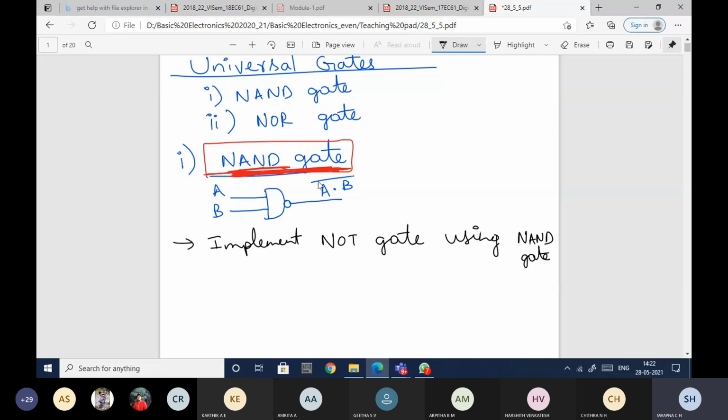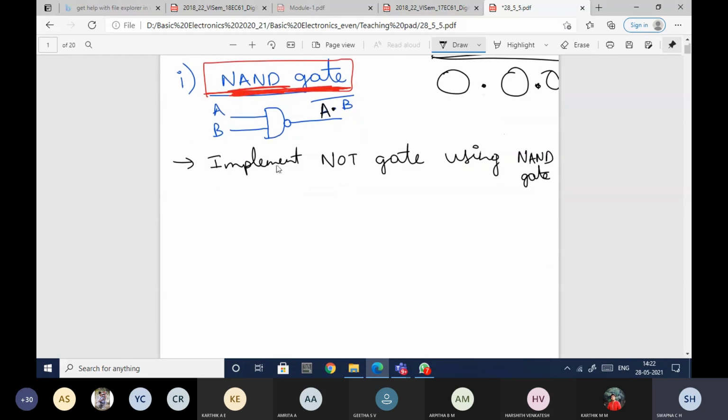What logic you need to understand with the NAND gate is, see, only when you have it in the form of some term, whole bar form, in between you should have the dot. Okay, only if the simplified function is in this way, and the whole bar also should be there, only if you have in this pattern, then only you'll be able to implement using NAND gates. Okay, so whatever equation you have, implement it in that way. Okay, so now the first question is I have to implement NOT gate using NAND gate.